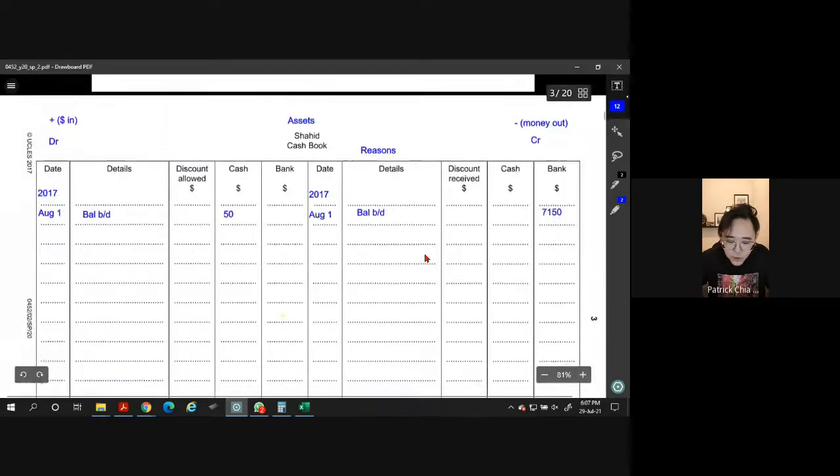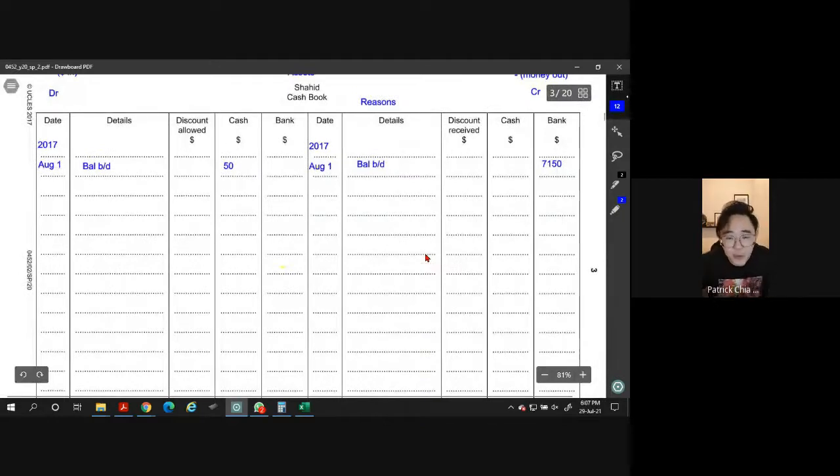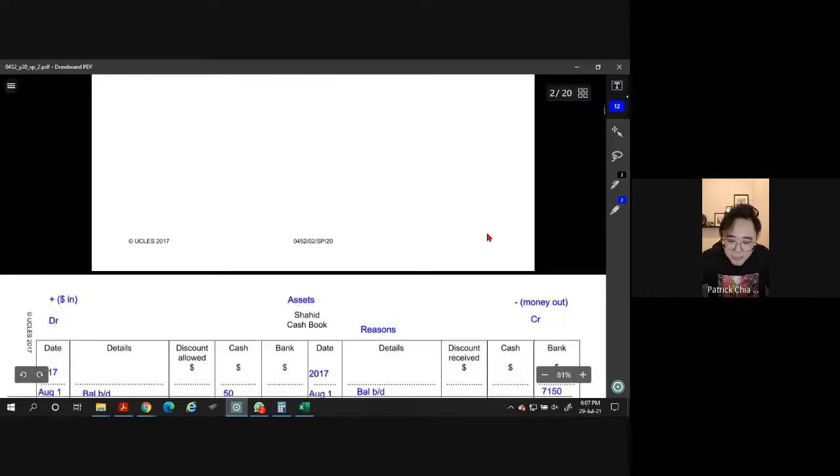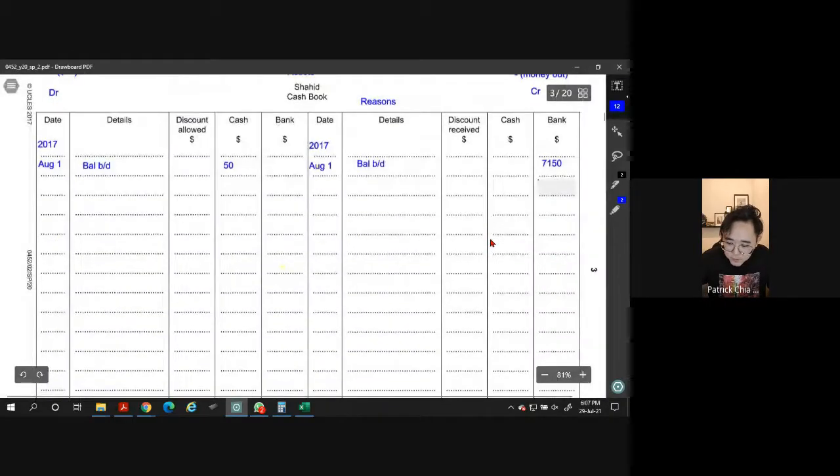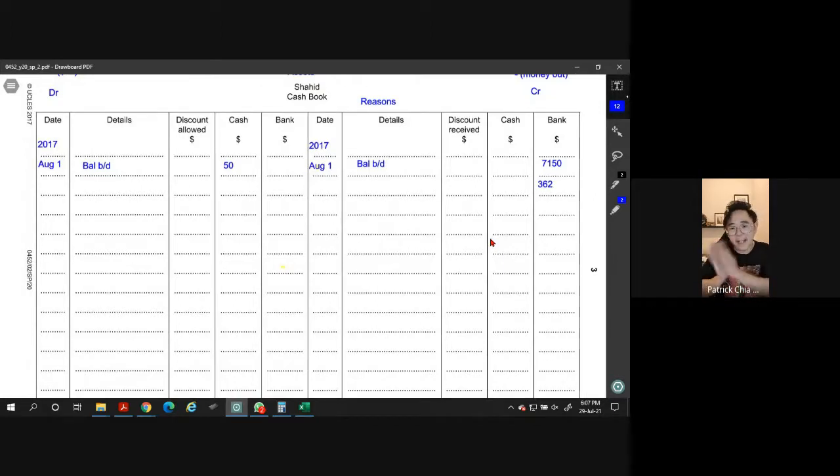Out from which one? So I will normally always do like this, guys. I always ask myself, I'll always do money account first. And I will do in the correct column first. Is it by cash or is it by bank? So ask yourself this question. All right. So dishonored check, obviously bank. So money out. Okay. Do on the right hand side, bank. Put the amount 362. So I put the amount first, 362. Okay. So with this, I have secured my side already, which side to do. Okay. And then which column. Because you put wrong column, then GG already. Okay. You cannot put cash column and put bank column.